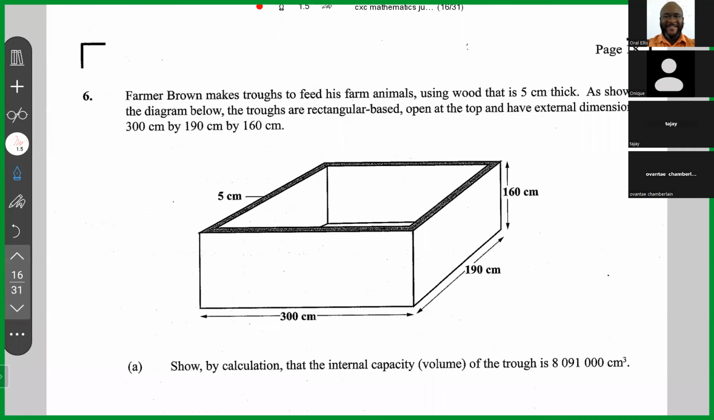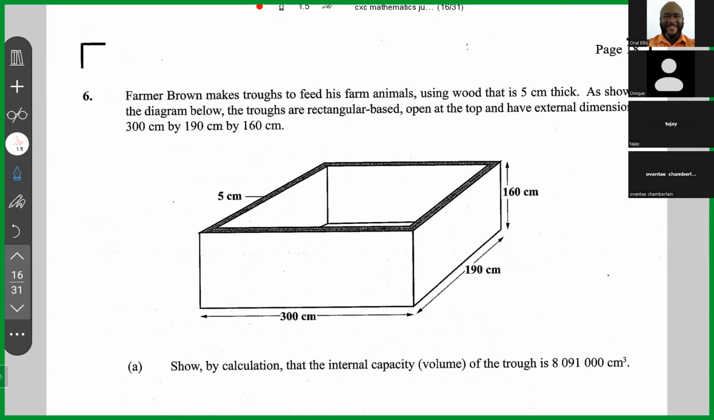All right, question number 6 says, Farmer Brown makes troughs to feed his farm animals using wood that is 5 centimeters thick. As shown in the diagram below, the troughs are rectangular based, open at the top, and have external dimensions of 300 centimeters by 190 centimeters by 160 centimeters. Show by calculation that the internal capacity of the trough is